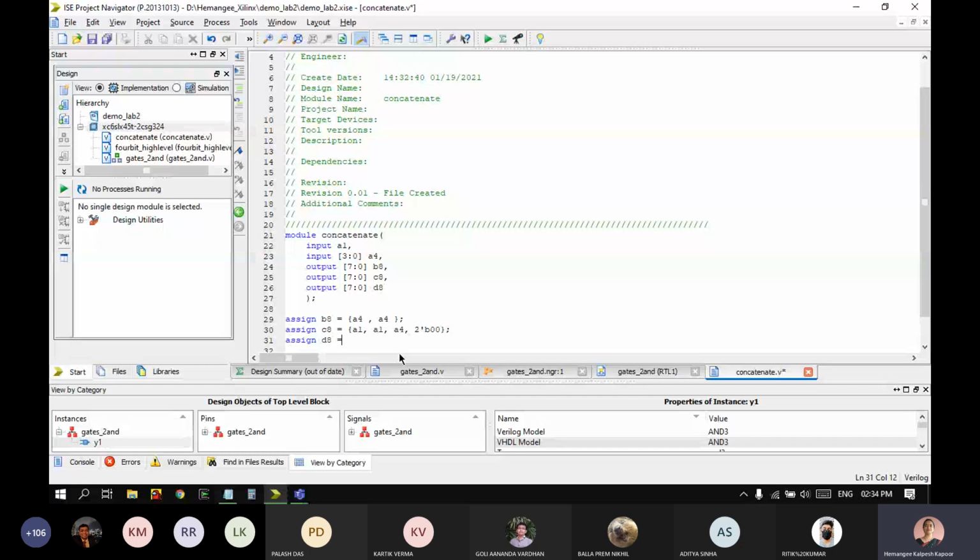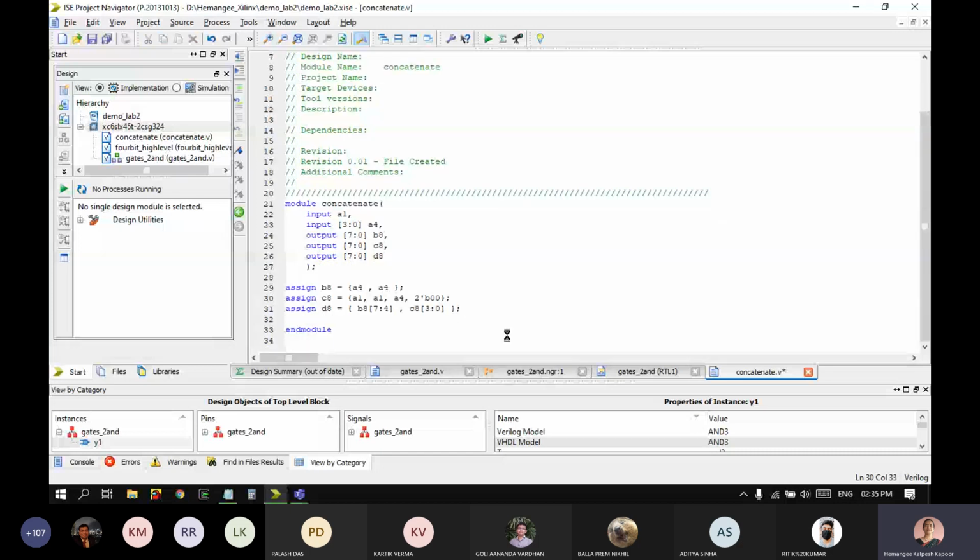Then here I will use the previous 2. Okay, I have created B8 and C8. I will use them to create D8. So I'm using B8 and I'm going to pick up the last 4 bits from it, and in C8 again the last 4, or maybe let us do the other way. From B8 we can take 7:4, that is bits 4, 5, 6, 7. Yes, 4 bits. So you can pick up any portion of an array and then use that in the concatenation. Right, so this is that.